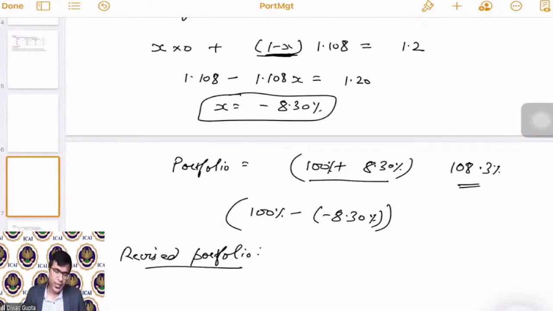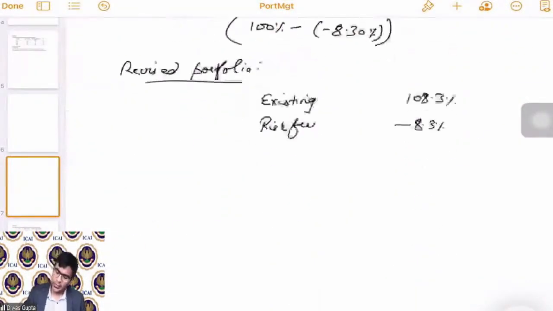Okay, revised portfolio, it says that the existing investment should be 108.3%. The risk-free investment should be 8.3% on a negative basis, correct? Hence, the risk-free